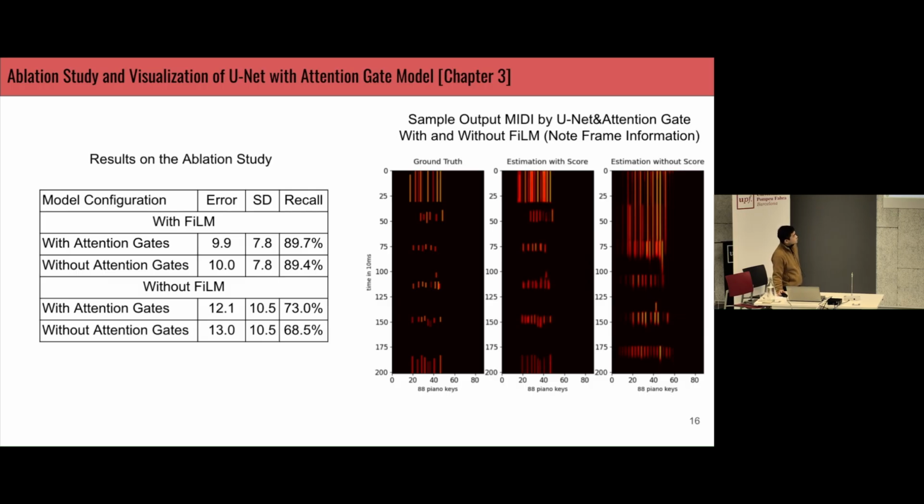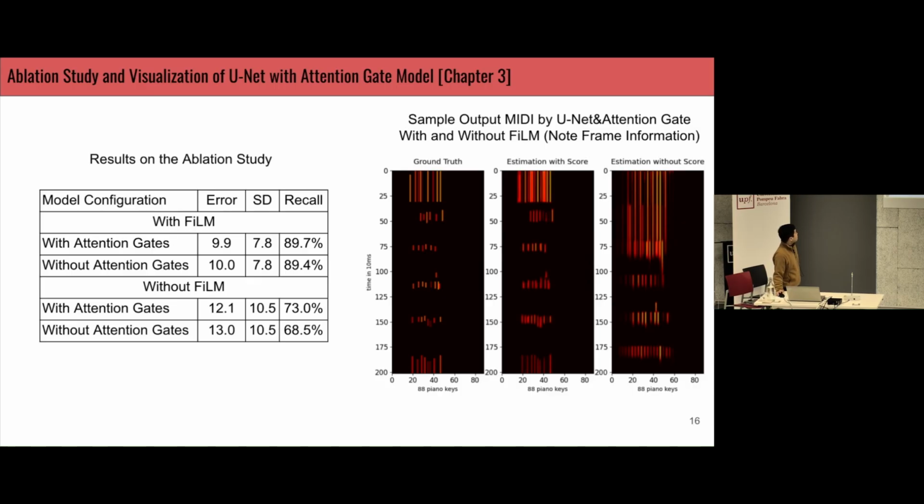Once we insert the score information, the note detection rate gets way higher, and the result is way closer to the ground truth. This phenomenon is observed across the outputs. So the note detection rate is way better after inserting the score information. This can be seen from the number 2, from these results.